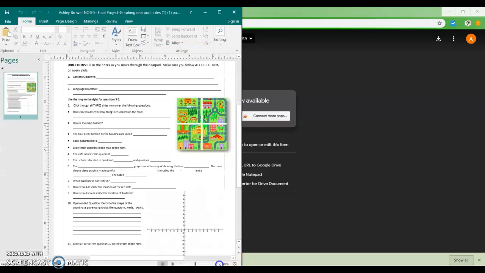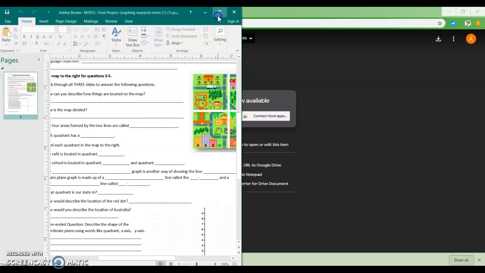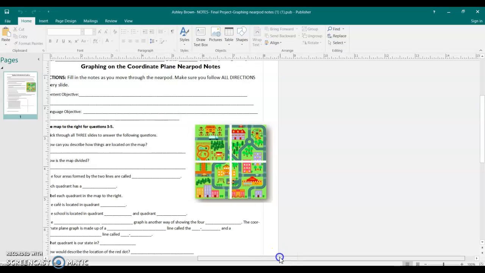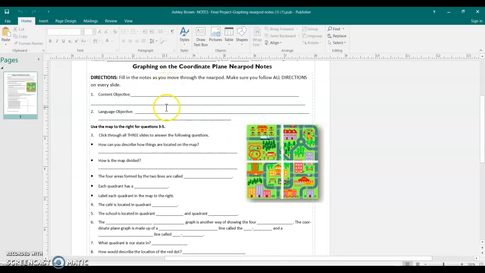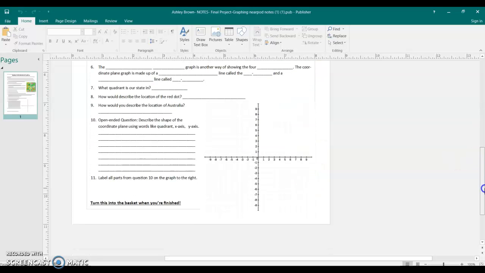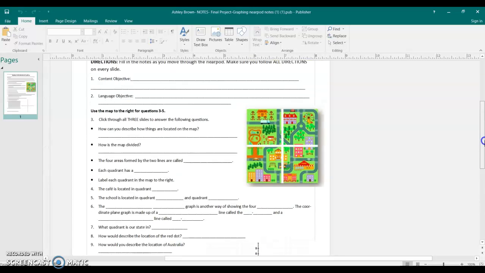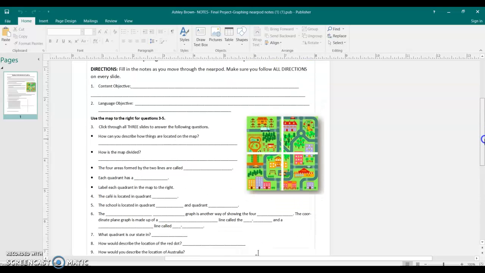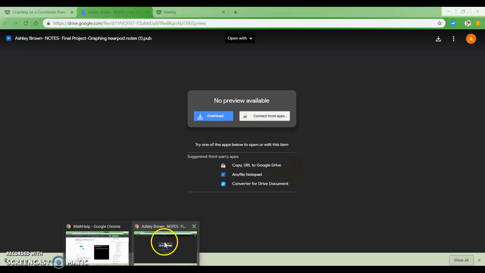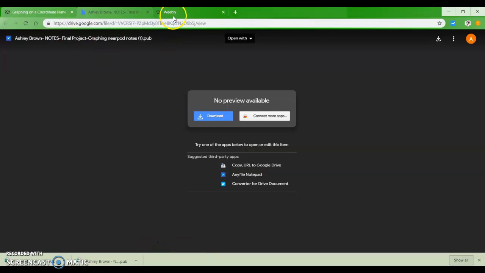Let me zoom into 100 and make this bigger as well. This is a notes page that you'll see, and you just need to follow along. So fill in the blank, make sure you're paying attention. Please don't be afraid to raise your hand and ask me questions because these notes are part of your lesson. So I want you to make sure that you are paying attention. Once you are done with the notes,